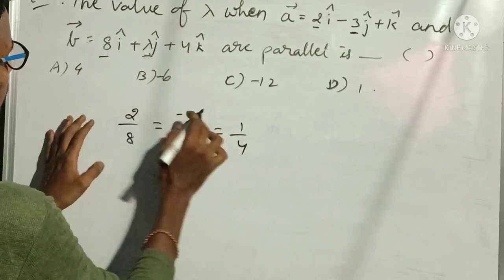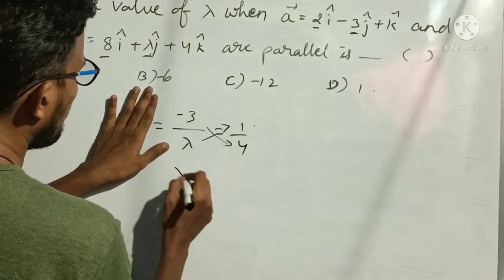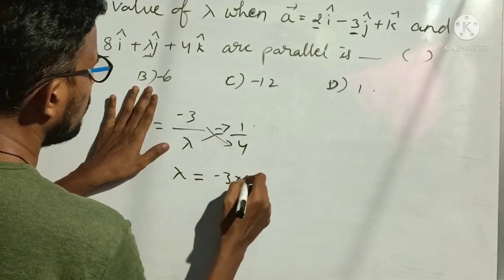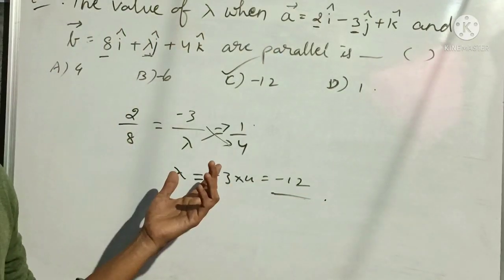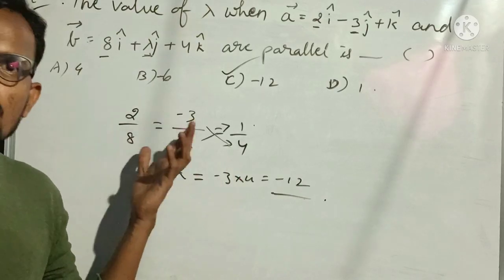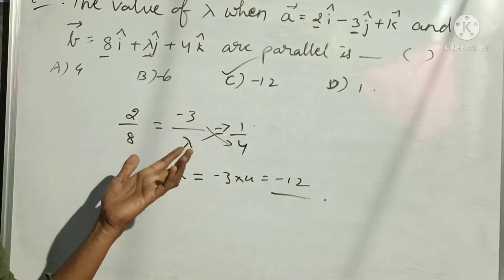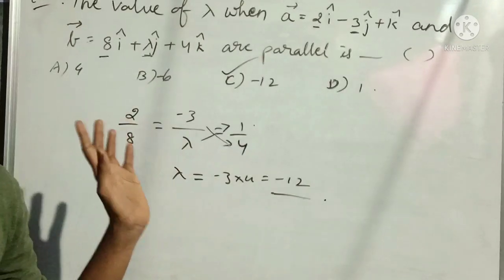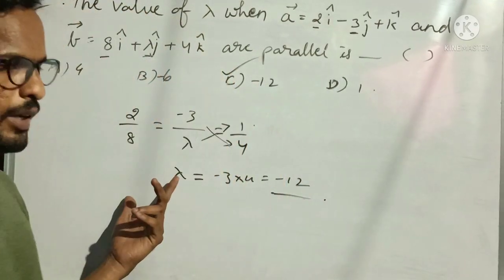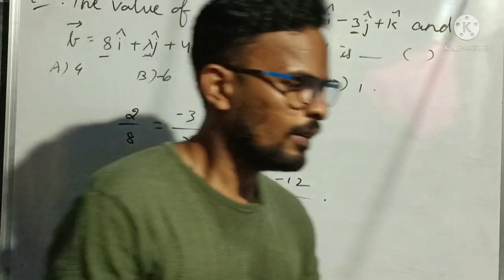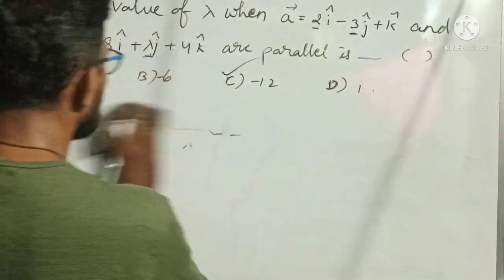Okay, so you can equate these two or these two. For my convenience I am equating these two, right? Okay, so 1 into lambda becomes lambda is equal to minus 3 into 4 is minus 12. This is my answer. Understood? Very easy, right? We just have to understand which concept to use when you get this type of question. Okay, that is what you have to learn while practicing problems for IIT JEE or any other competitive exams. Just understand the question and try to solve it by using your logic. Okay, that is very, very important. So this is very easy.